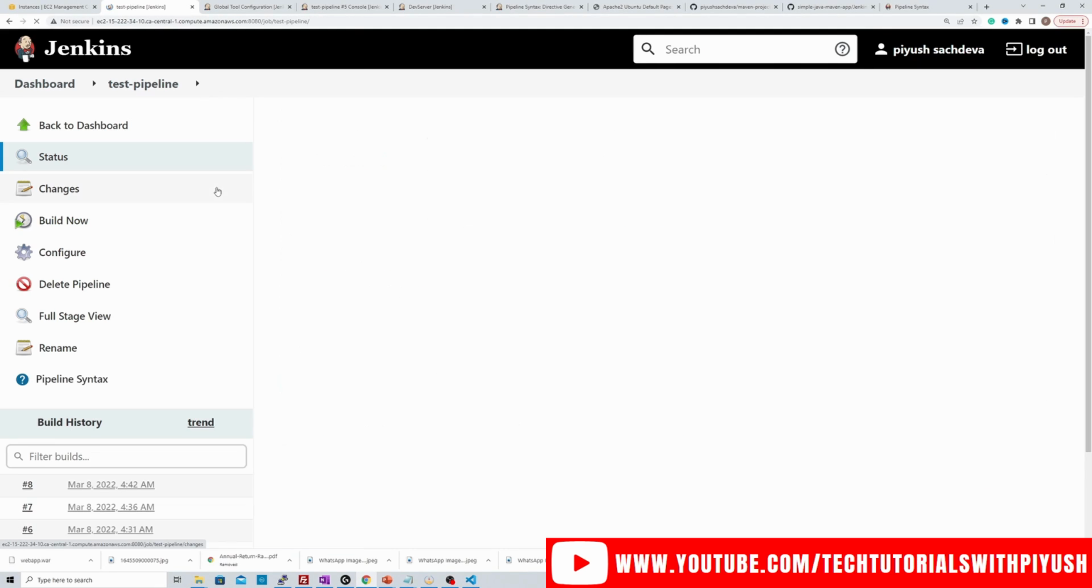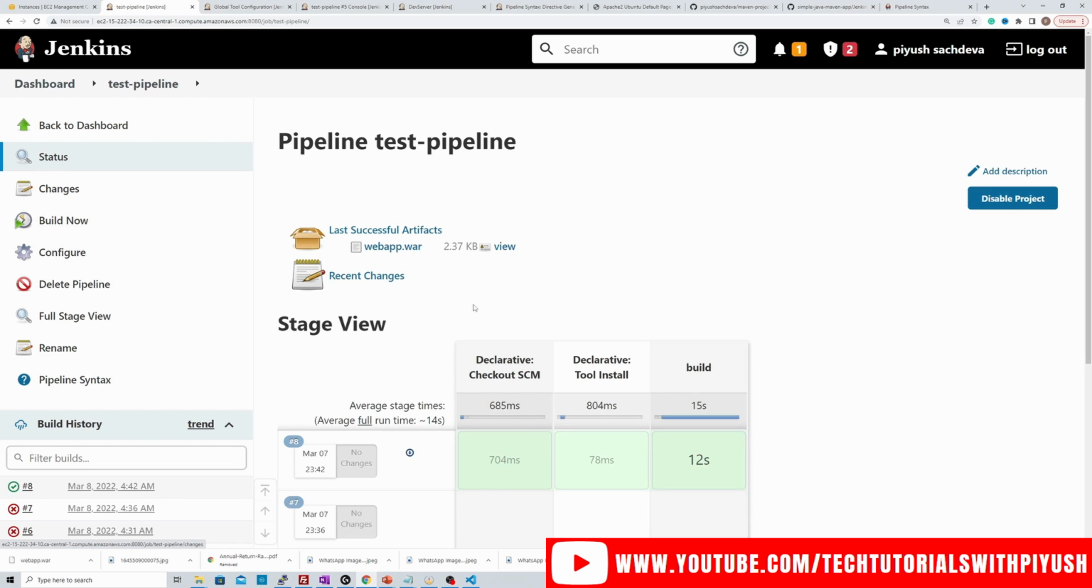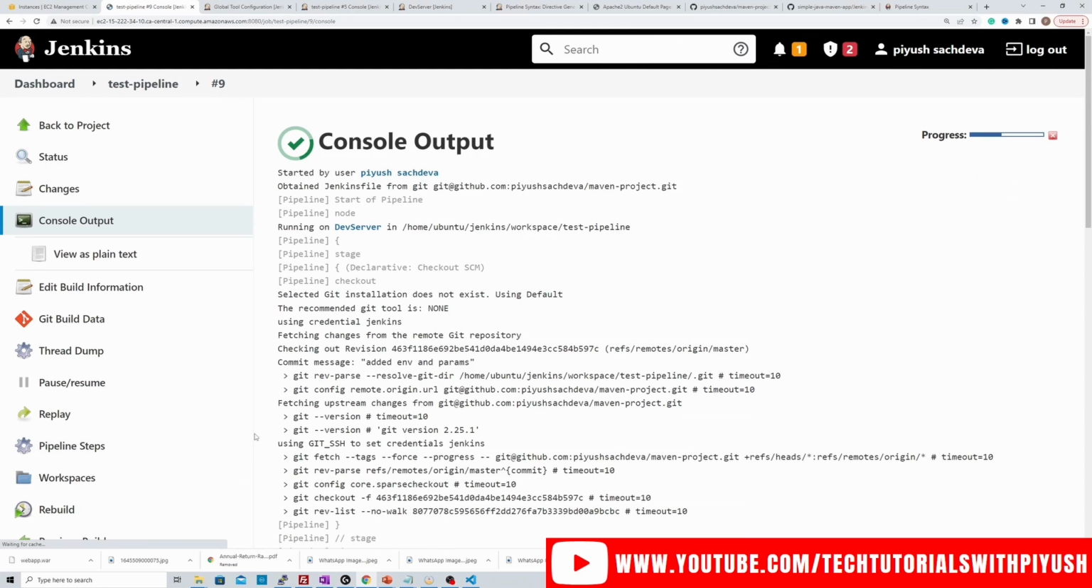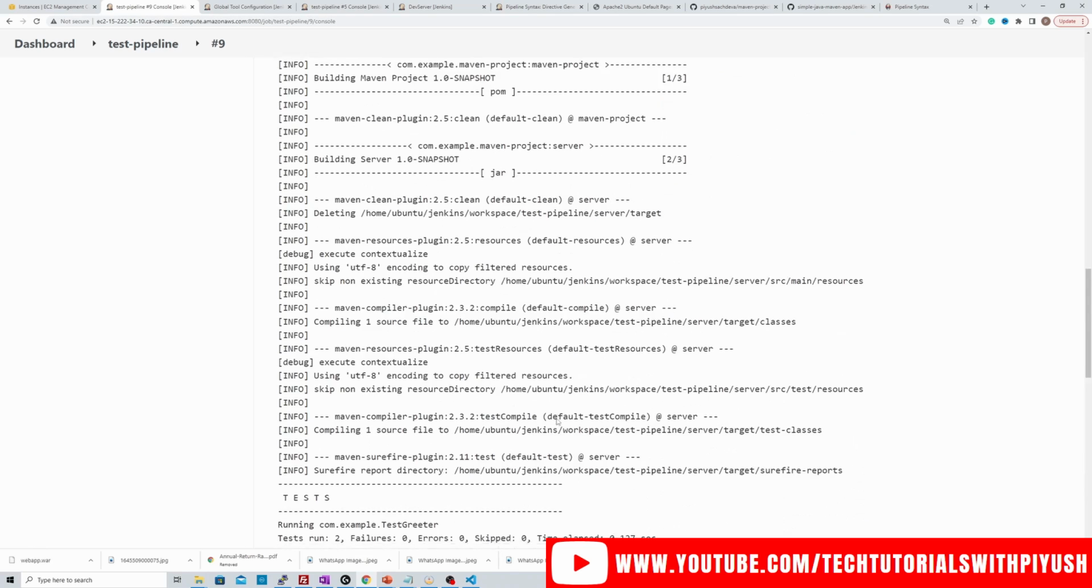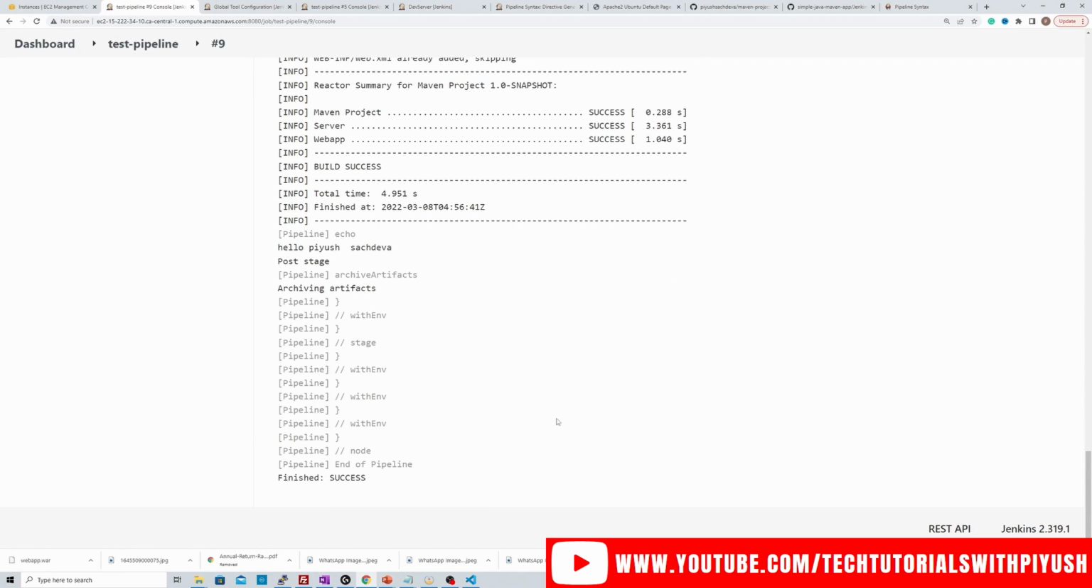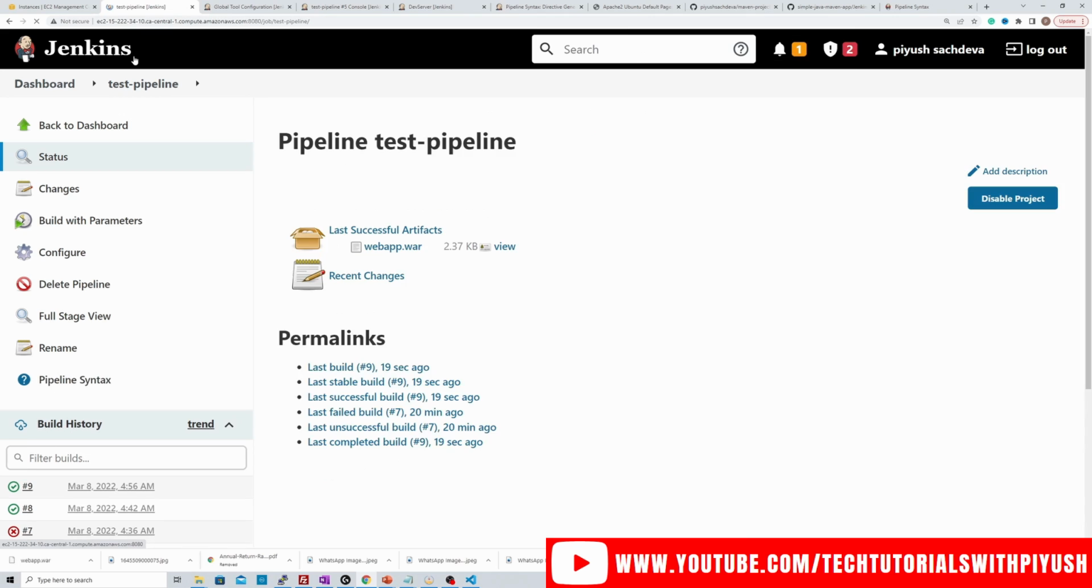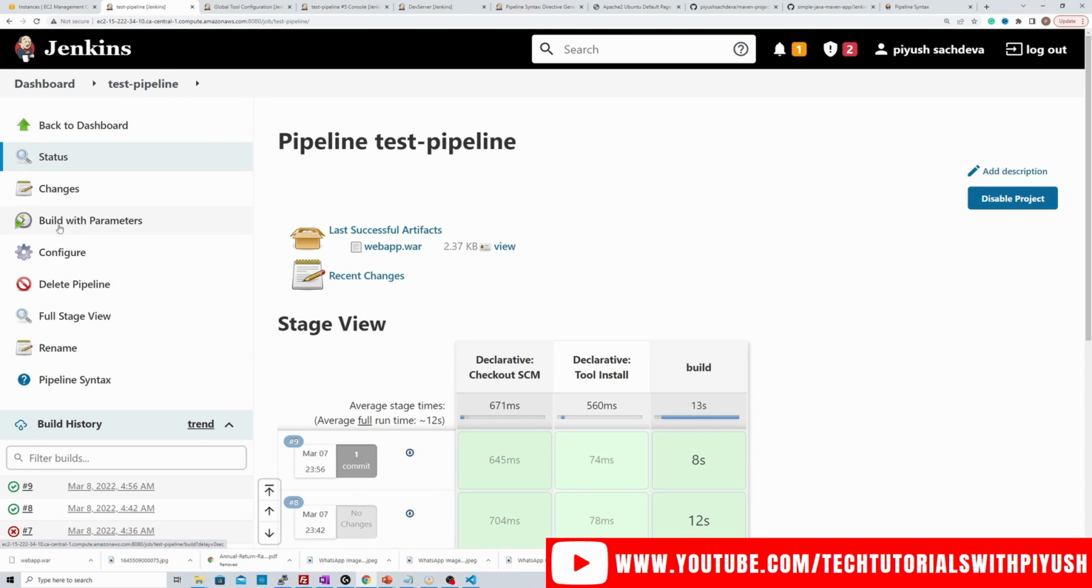Let's go back to our pipeline and run it. Let's see if it's okay. Yeah, it's been done. Let's run it now. Okay, so it says hello Piyush Sachdeva. So this was the variable that we've used. This was the parameter. And now when you go to the pipeline again, now instead of the build option, it